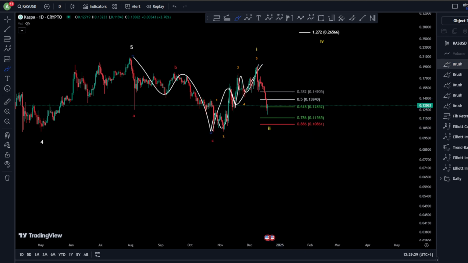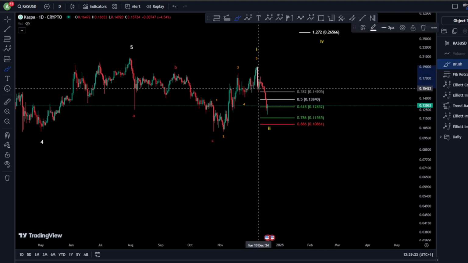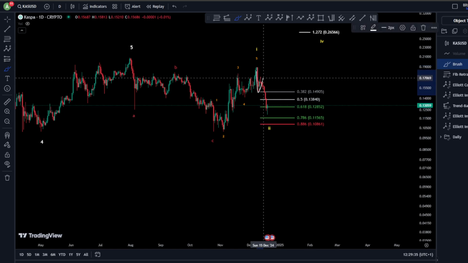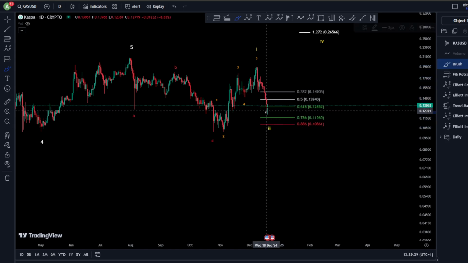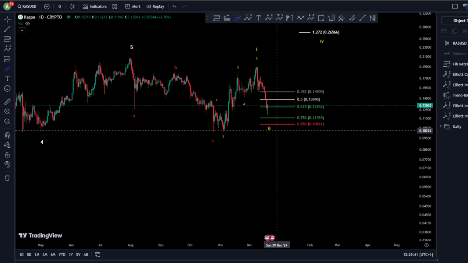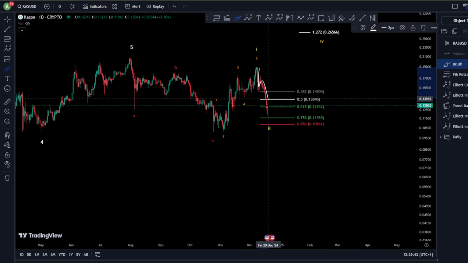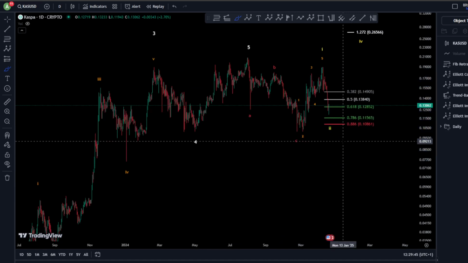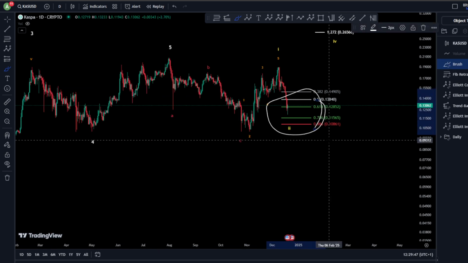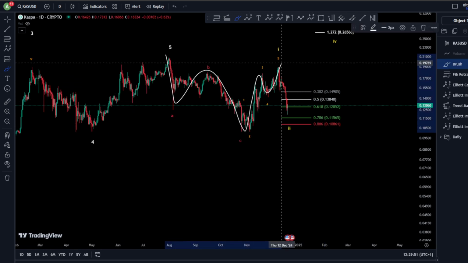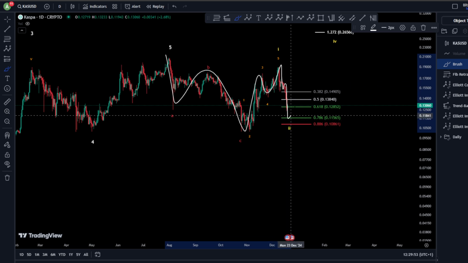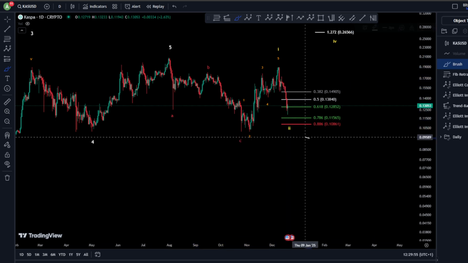So be careful from it, of course, because the whole market right now is a little bit bearish, and all of them are in the formation of an impulse and as well in a wave 4. So Kaspa might be the same. Be careful with it. It might be, of course, a little bit deeper, which I think has a little bit higher possibility, guys. So be careful from it. If we have three waves down, three waves up, 1, 2, 3, 4, 5, of course,